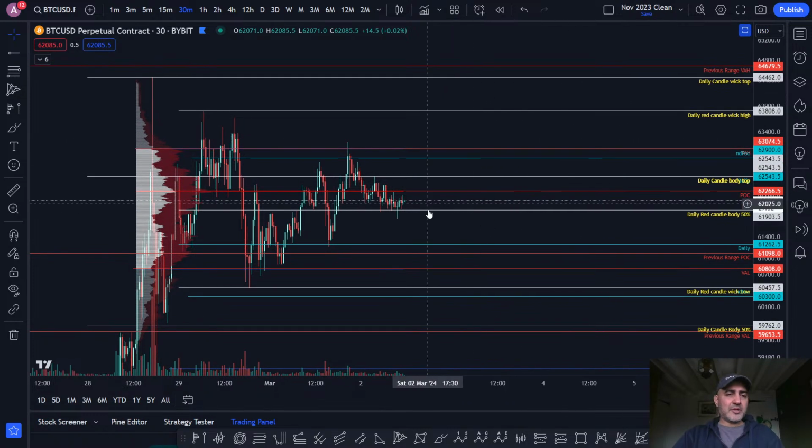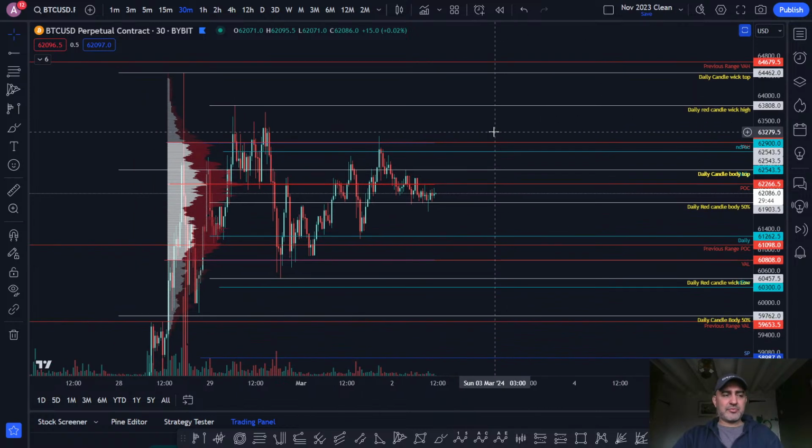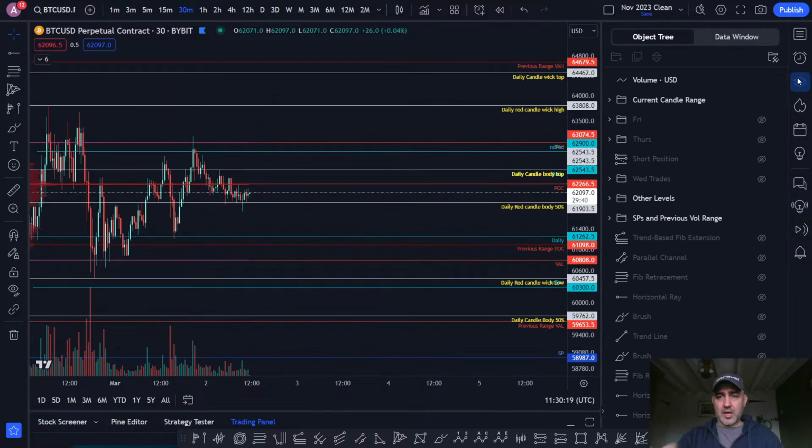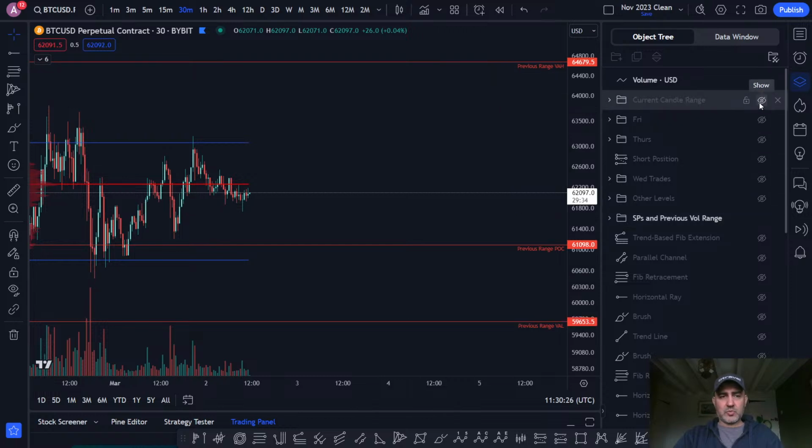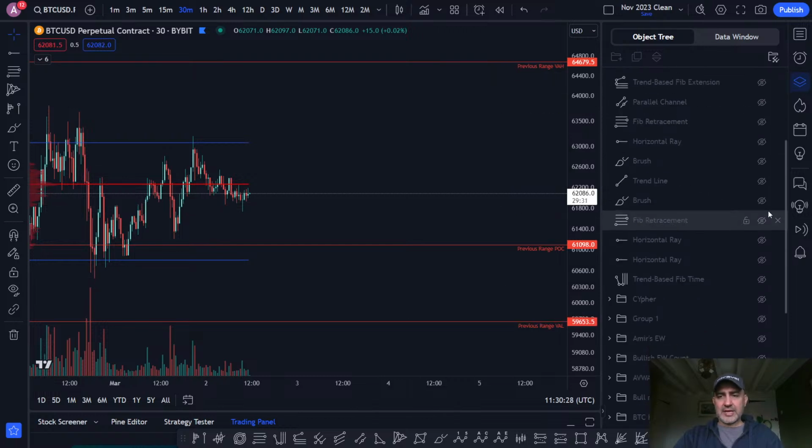Now, we can't trade like bots. We're not fast enough. We're not smart enough to trade like bots. So we have to break it down, and we have to be very simple with the way we analyze the markets. And quite simply, the easiest way to trade this range is